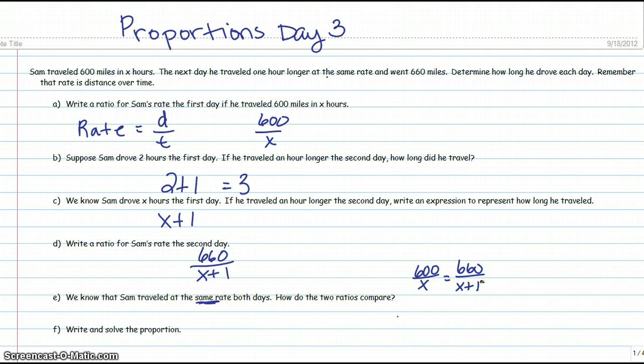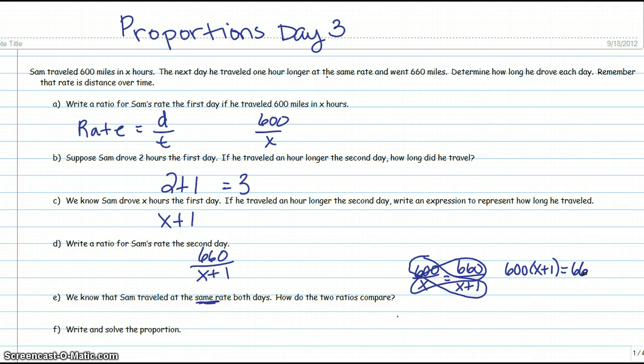We now need to solve, and we're going to do the cross multiply method. However, we need to be very, very careful when we cross multiply. I'm going to do 600 times X plus 1. So I need to write it like this: 600 parentheses X plus 1. That way I remember to multiply the X and the 1 by the 600. And then that's going to equal